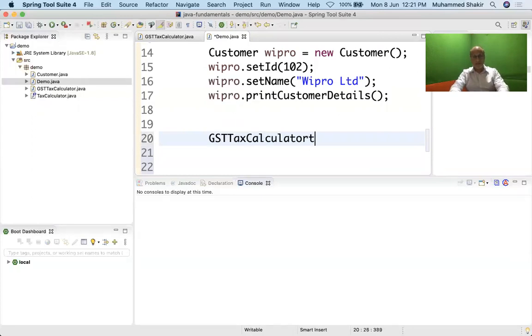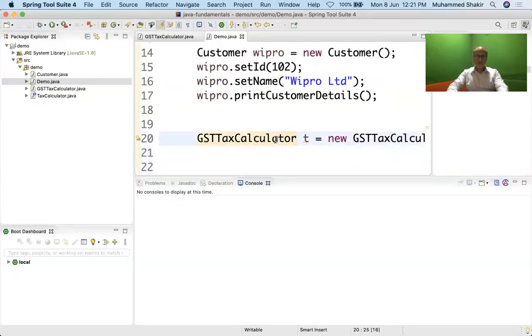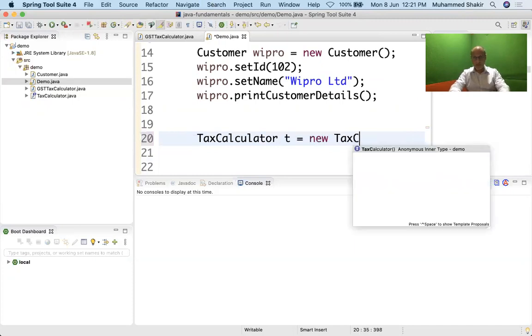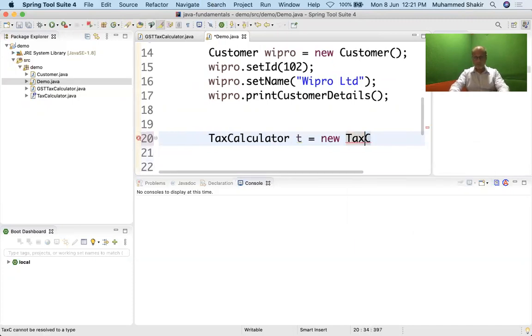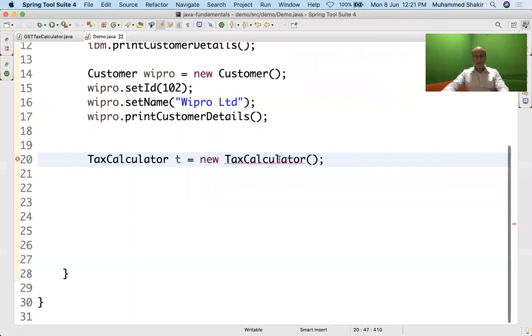I'll say GST tax calculator T is equal to new GST tax calculator. See the error message that I'm going to get. Sorry, this is what I meant. Tax calculator T is equal to new tax calculator. See the error message now. What it says, see, cannot instantiate a type tax calculator.